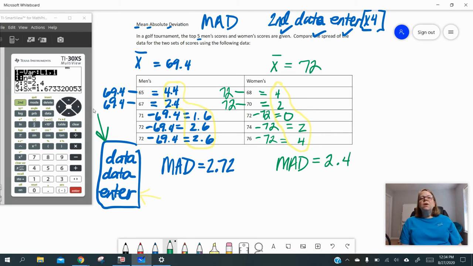Okay, so it says compare the spread of the data. Now, no teacher that I know is looking for a paragraph from you. It's not like you're going to have to write a book about this. You're going to write something pretty basic. And you may have to list, in a sentence. Sometimes they might want you to write that out. The men's scores have a MAD or a mean absolute deviation of 2.72, and then women's scores have a mean absolute deviation of 2.4. But if you're just comparing the spread of the data, then most likely you can say the mean absolute deviation